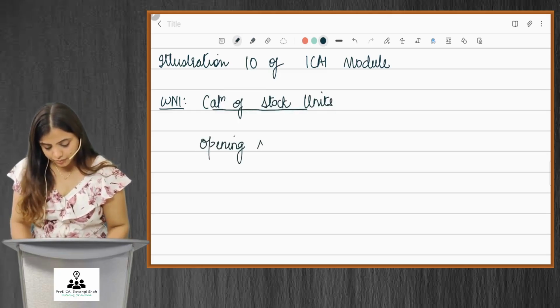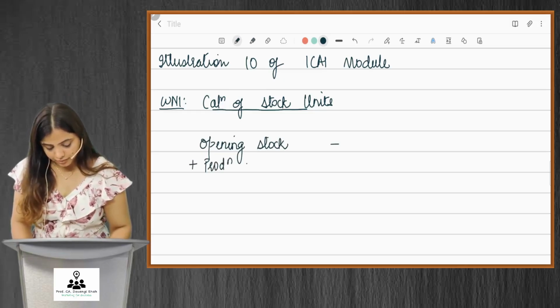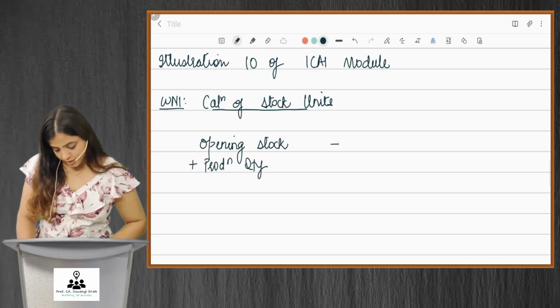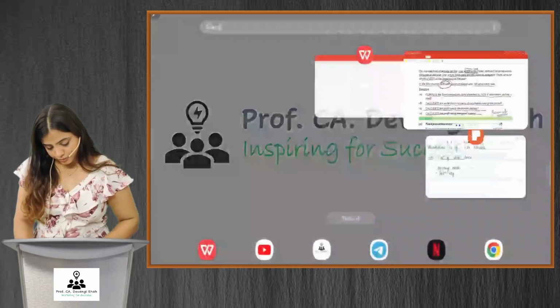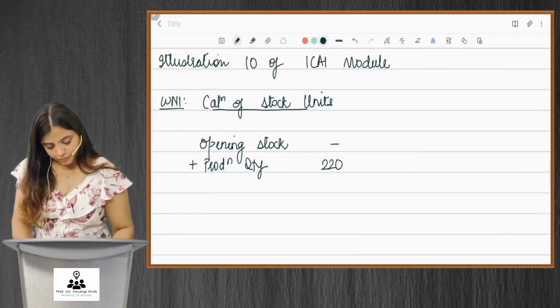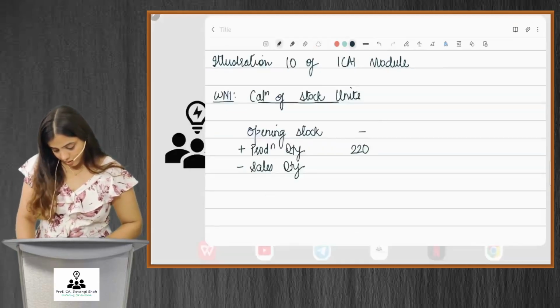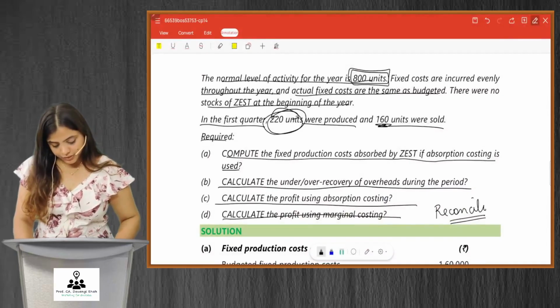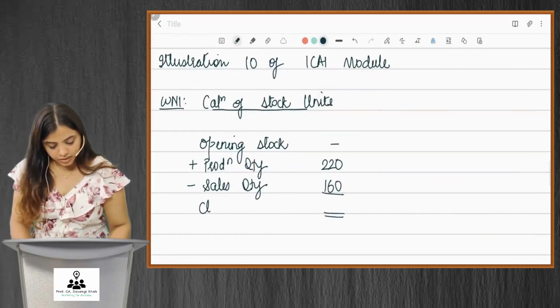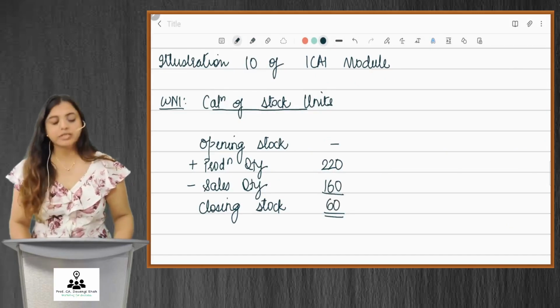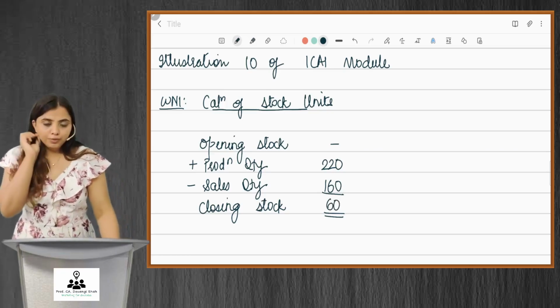Opening stock is not there. Plus production quantity. Friends, production quantity is how much? In a quarter, 220 units were produced. Minus sales quantity. 160 units were sold. So there will be closing stock of 60 units. Got it? And now